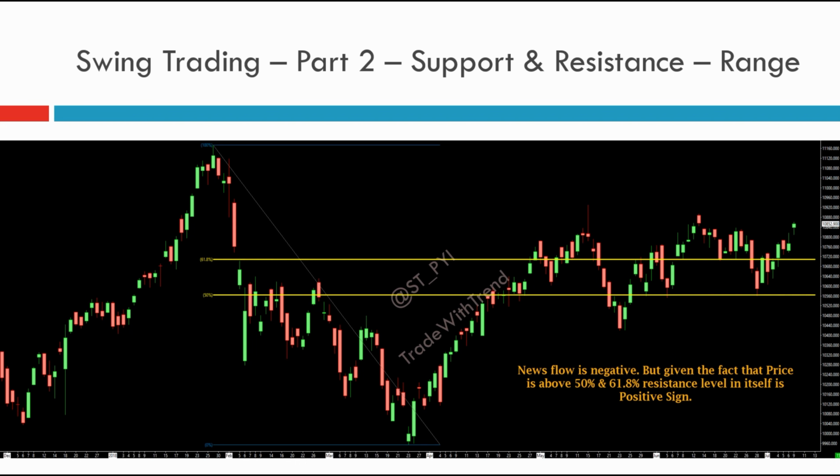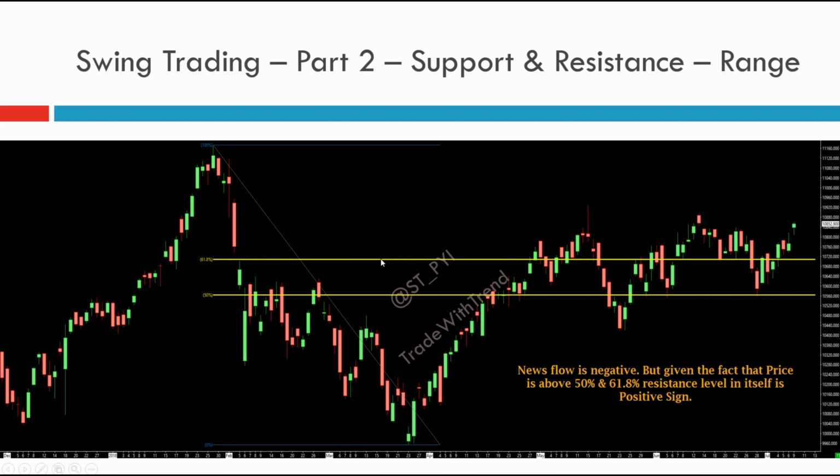Had price been in a negative price structure, it would have faced a lot of resistance at 50% and 61.8%. Which is why, even in my weekly videos, where I've marked out some trend levels, I've always encouraged people who want to trade in Nifty 50 or Bank Nifty to try and be long even in this scenario. It's only because price structure analysis is not suggesting a breakdown in Nifty or Bank Nifty or some large-cap index as well. While the news flow is very negative in the current context, price itself trying to move above the 50% and 61.8% level shows that there is some sort of strength in the market.